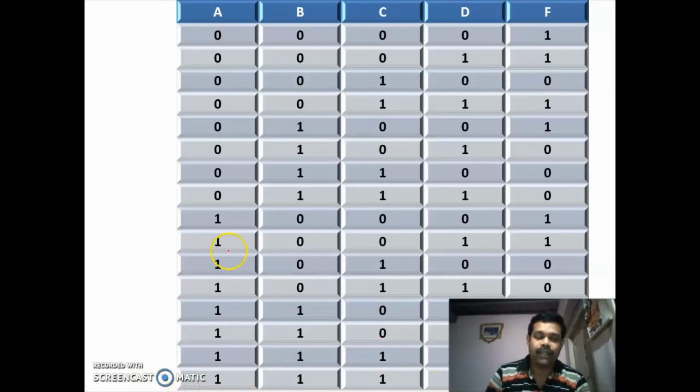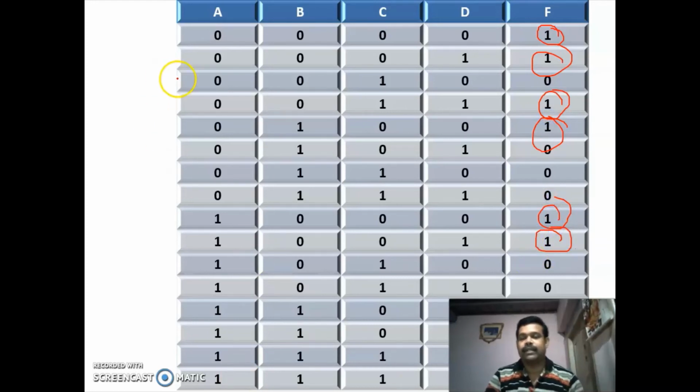For the minterms given in the question, 0, 1, 3, 4, 8, 9 and 15, you have to put 1 in the place of f. F is nothing but the output.